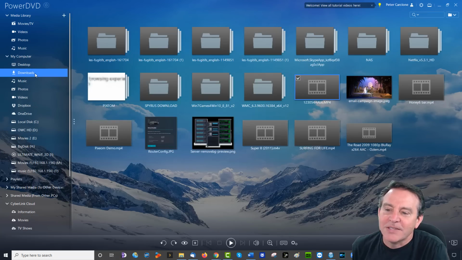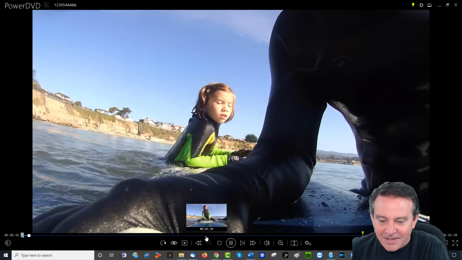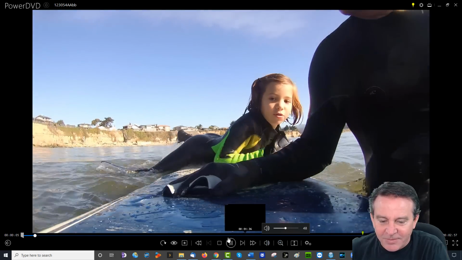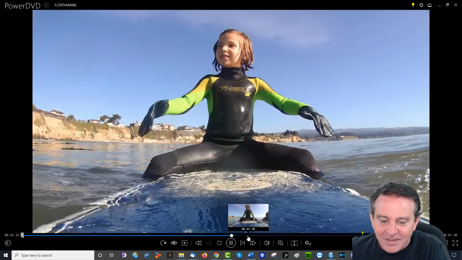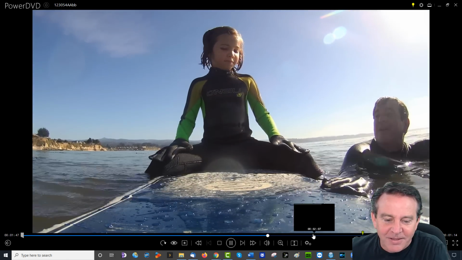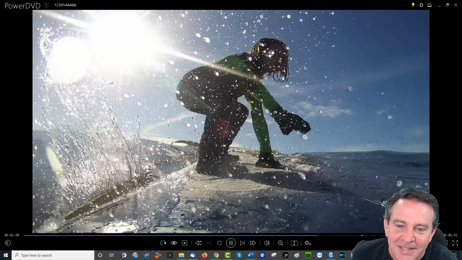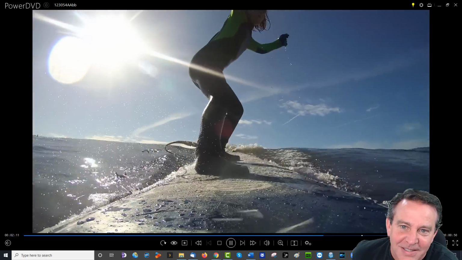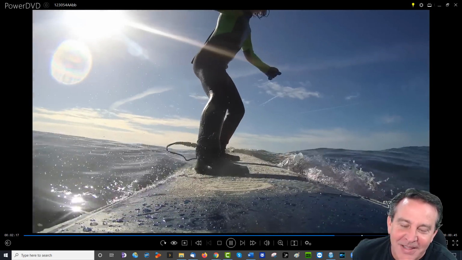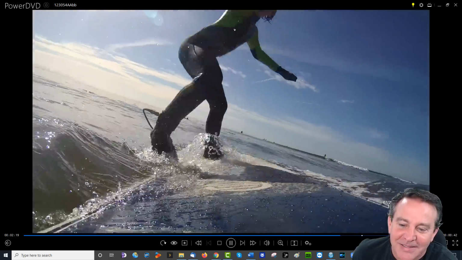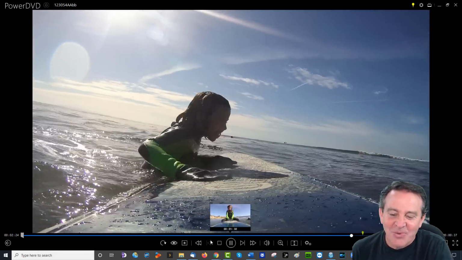So not only can I control my media library, but even this desktop. And I can go to things. Here's my daughter surfing, the one I told you about. Okay, it's coming. I'm going to adjust this volume because the microphone's a little bit loud with the board. Let's see if we can get to the point. I think it's right about here. Yeah, she's indeed excited. So it's super cute. At the end of it, she screams, "I did it!" Pretty excited.